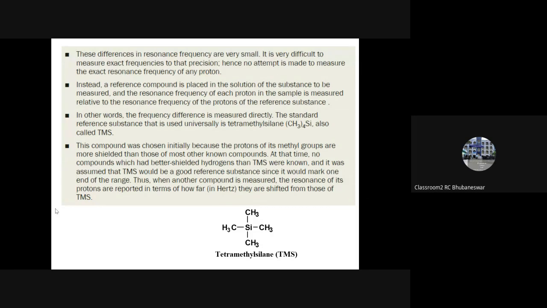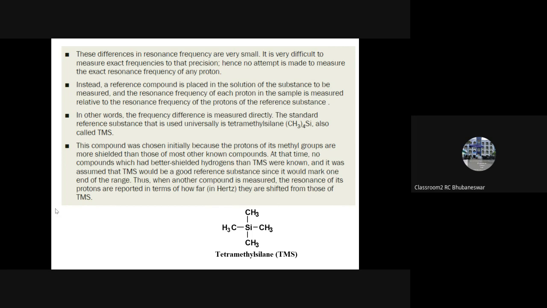Everywhere I was talking about some reference, taking some standard solution, and calibration plots, and how to use those calibration plots for quantitative as well as qualitative analysis. Again and again, for different spectroscopic methods, we discussed it. Here, for molecules to be studied through NMR spectroscopy,